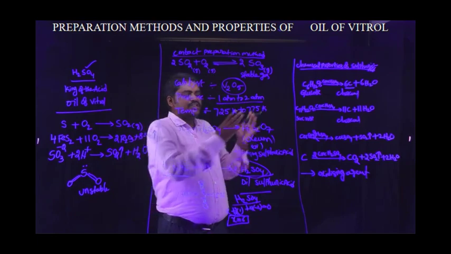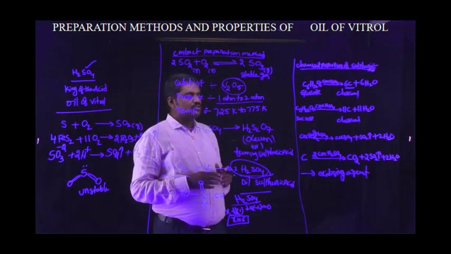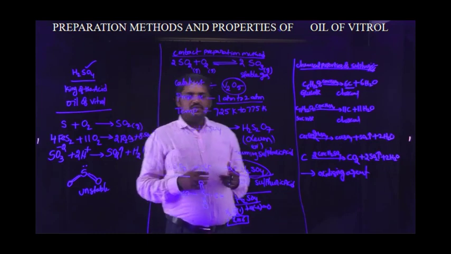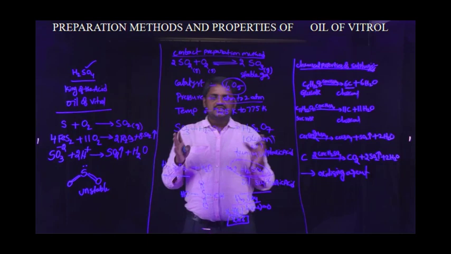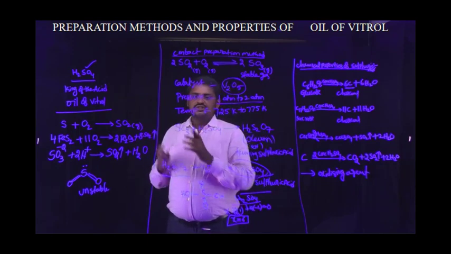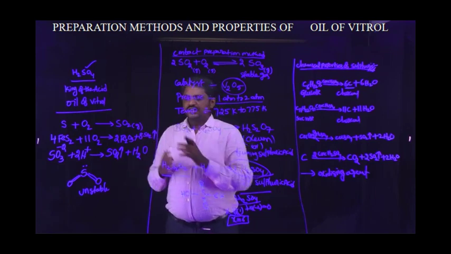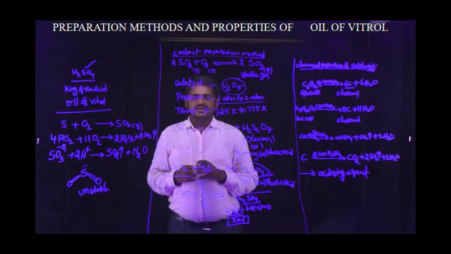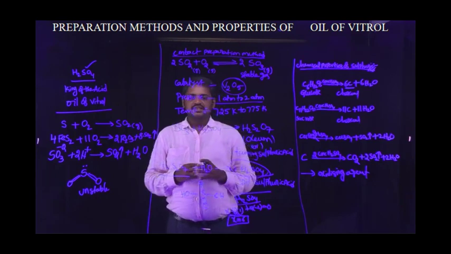The carbon is converted to carbon dioxide, and sulfur dioxide gaseous molecules and a small amount of water molecules are also liberated. Okay, this is an explanation for the introduction to sulfuric acid and preparation method for sulfuric acid, structure and oxidation state of sulfuric acid, some of the